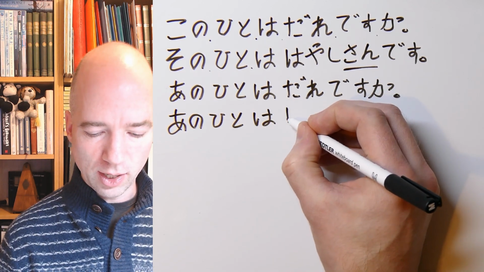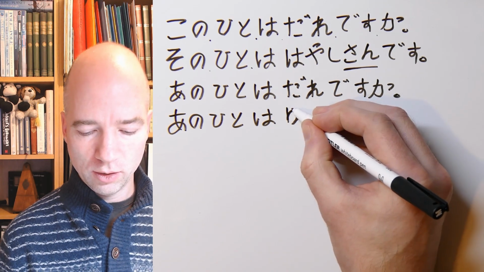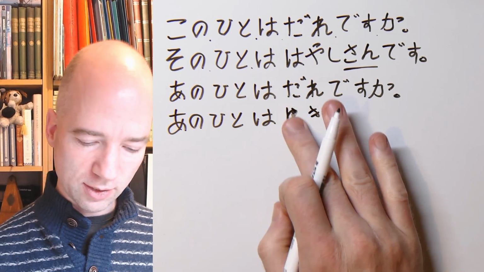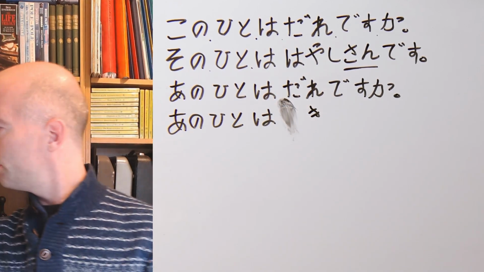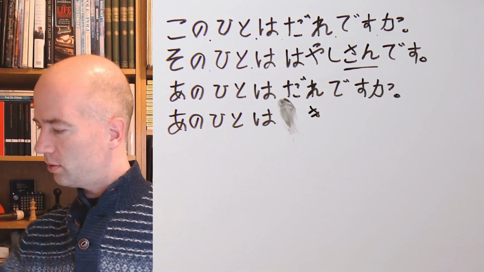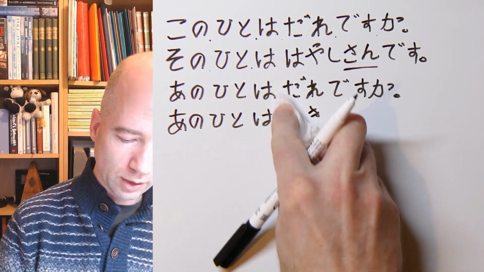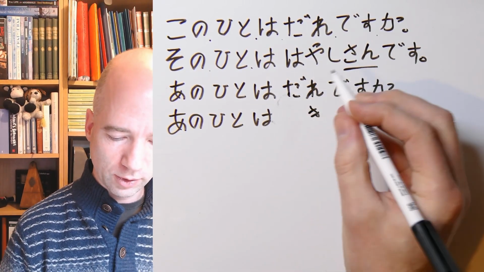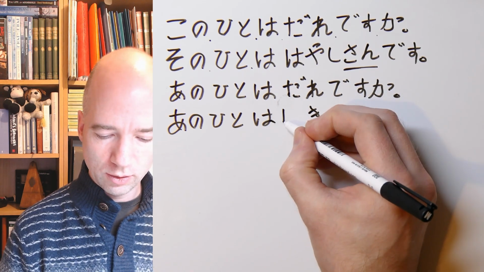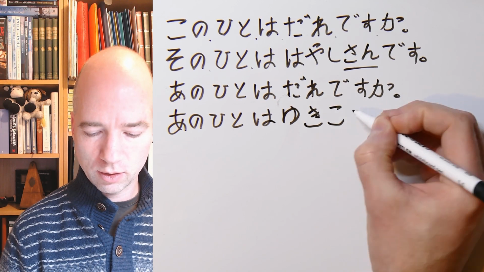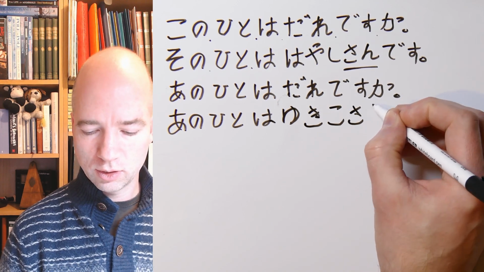What should we do? You. That's not a very good you, is it? Let's see. Oh, I'll get some paper to rub this out. Okay, so you, ki, ko, san,